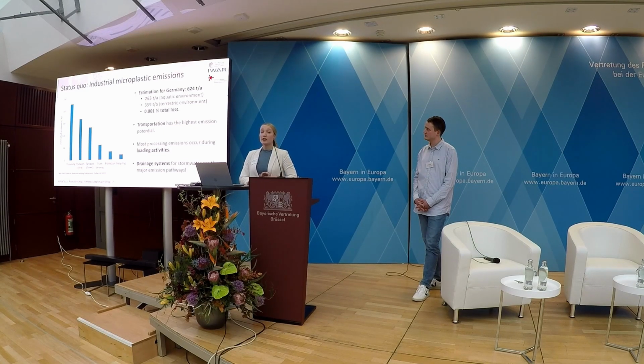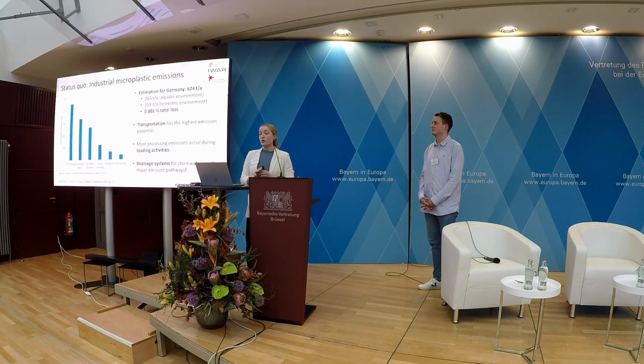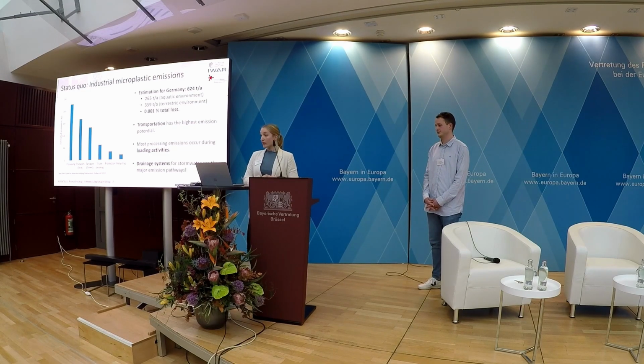Then we looked at the estimations that already exist, and the recent estimation from Conversio also says we have a pellet loss of over 400 tons per year, mainly during processing and transport. So they also see transportation as the highest emission potential, and also loading and unloading activities. What is also interesting is that these estimations say we have to look at drainage systems, wastewater and stormwater. And that's why we also asked our